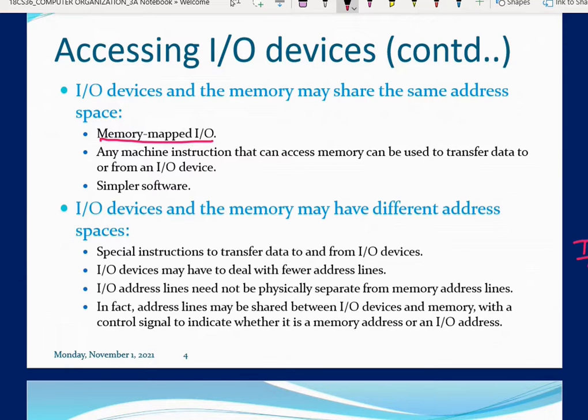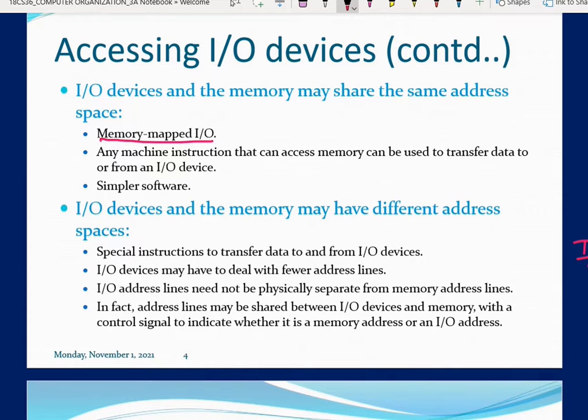If I consider this as memory, now it is going to be divided. This part is for storing the data and instructions, and there is a separate address space for IO devices. This mechanism we call IO mapped IO, where IO devices and memory have different address spaces.